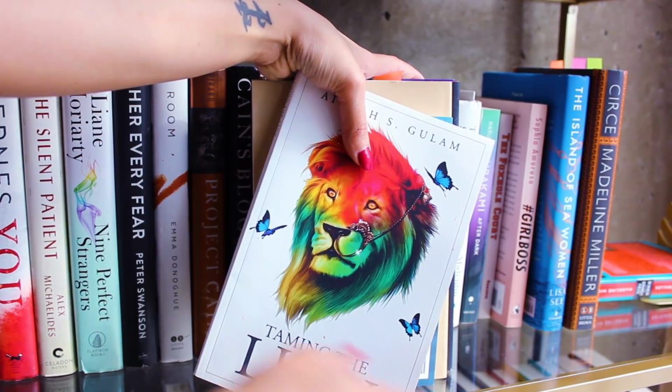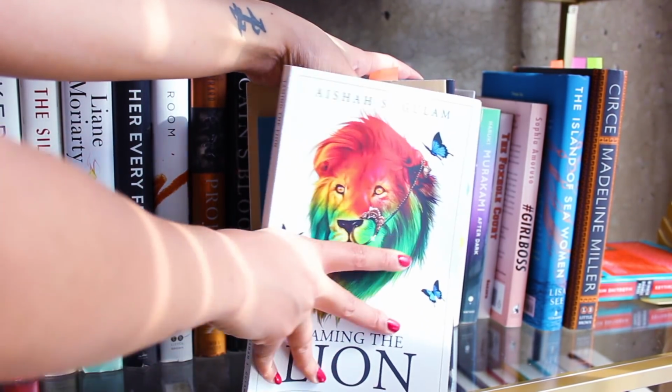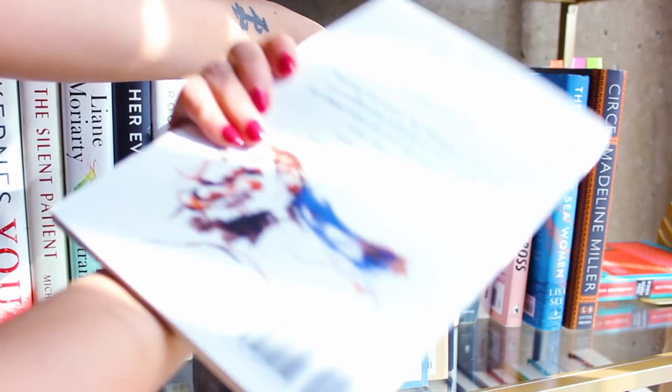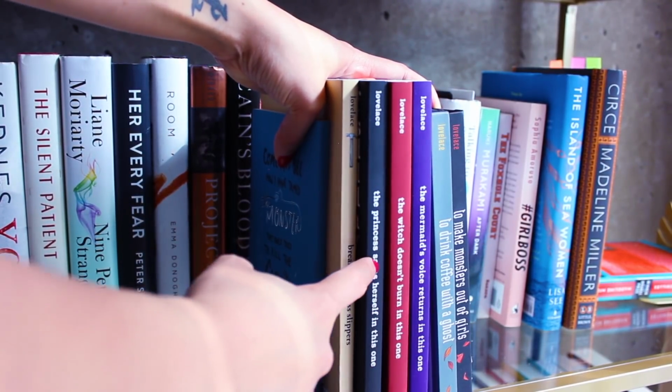The last few books here are all poetry books, so I will just quickly go through them. Taming the Lion by Aisha Ghulam, and she is a self-published poetry writer, and this is her very first debut poetry collection. I have all of Amanda Lovelace's poetry collections, so I have The Princess Saves Herself in this One,